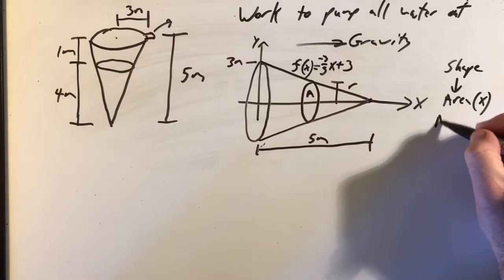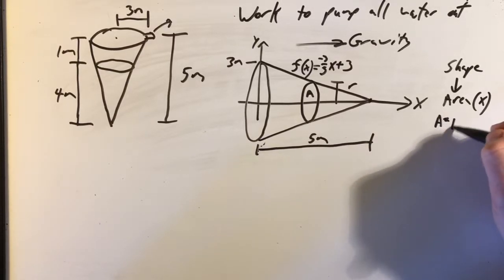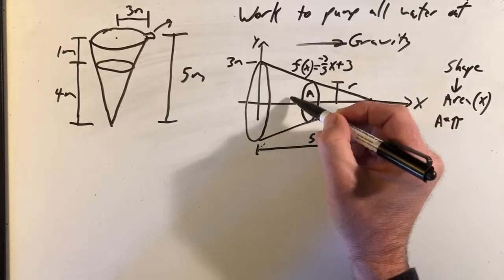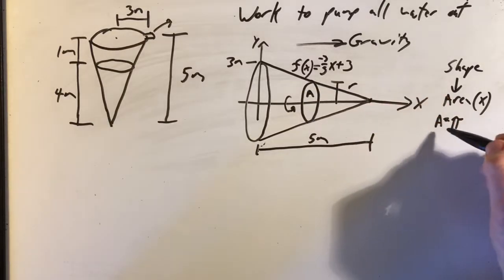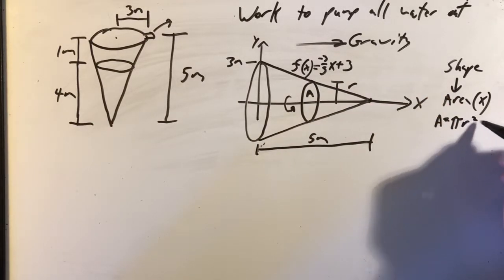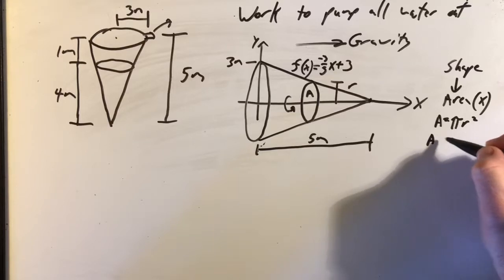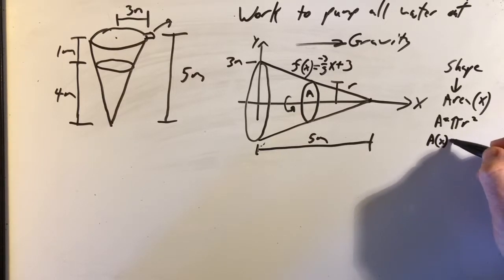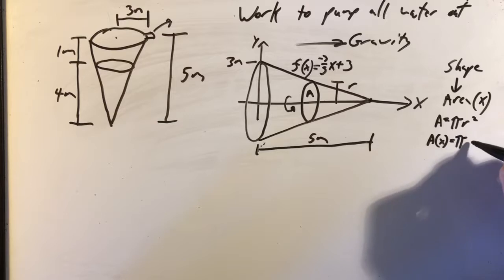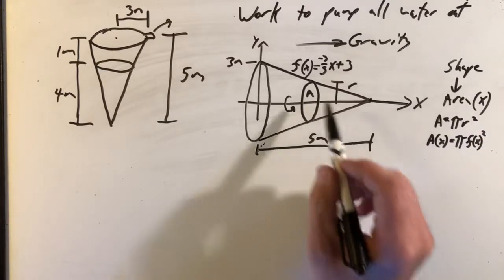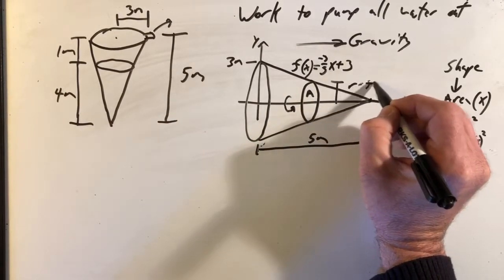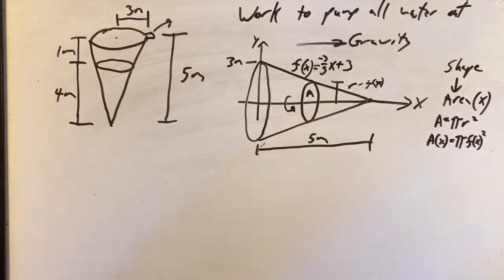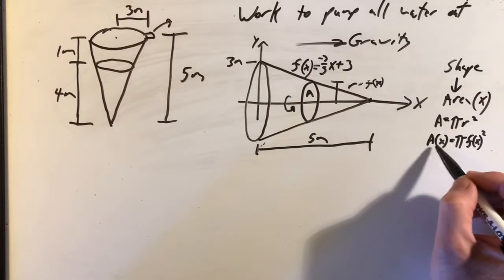So area equals pi. We're rotating this whole shape around the x-axis. So it's creating a circle. So the area of a circle is pi r squared. Area as a function of x equals pi f of x squared. The f of x, again, r equals f of x. There. So if I carry this out a little bit more,